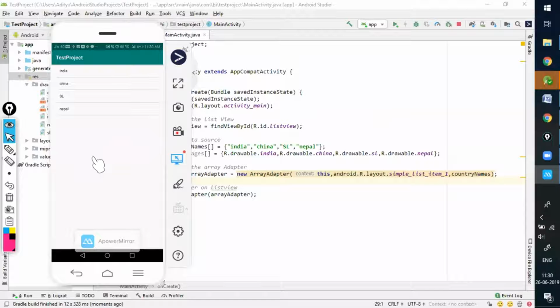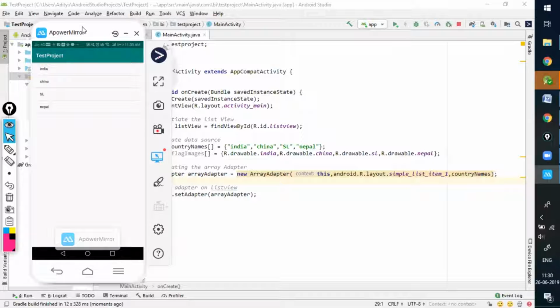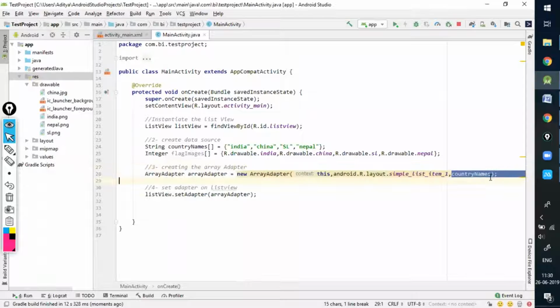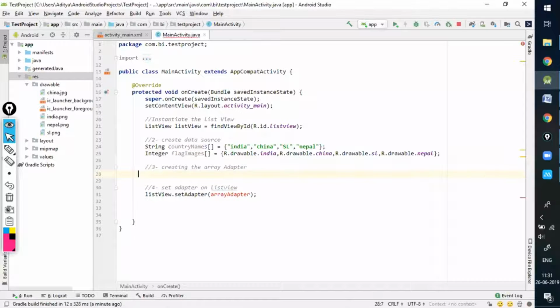But guys, what is the problem? If you use a simple list view with an array adapter, I'll only be able to get the names. The reason is you're just passing the country names over here. You're not passing the array of images. The adapter is the one which connects the data with the list view. Now, if you're just passing one array, then how will it get the idea of another array? So what we have to do is we'll create our own adapter.